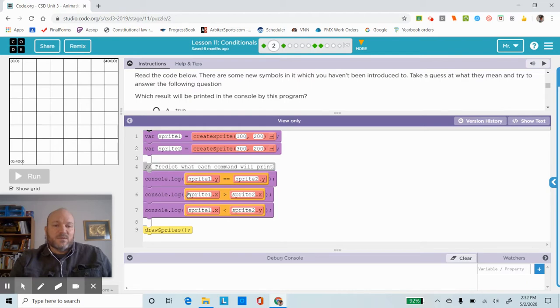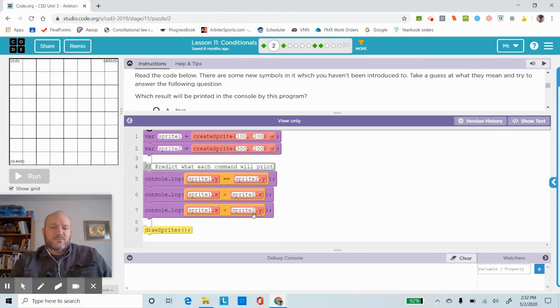Okay, so the second one is sprite1.x is greater than sprite2.x. Sprite1.x is 100. Sprite2.x is 300. So is 100 greater than 300? No, so the second one should be false. So we should have true, false, and this third one,